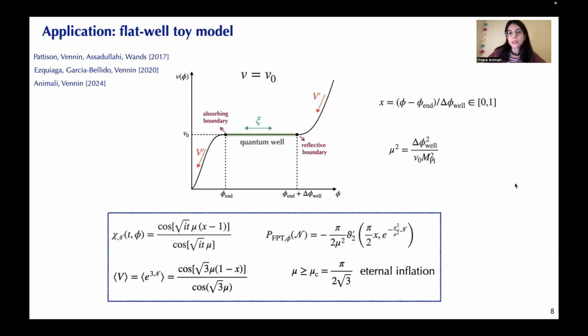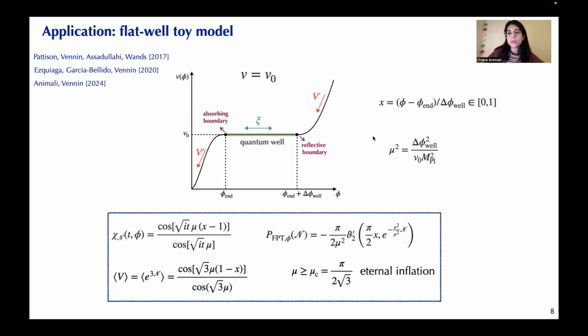So in the time that remains, let me just show an application of stochastic trees to a simple toy model that we call the quantum well, where there is a region exactly flat at small scales along the inflationary potential function, where the dynamics is driven by quantum diffusion. Instead, outside this region, the dynamics is classically dominated by the gradient of the inflationary potential. At the beginning of the well, there is a reflective boundary, so when the field enters the well, it cannot climb up into the classical region. And at the end of the well, there is an absorbing boundary, so when the field reaches this point, it has to exit the well, and this usually corresponds to the end of inflation.